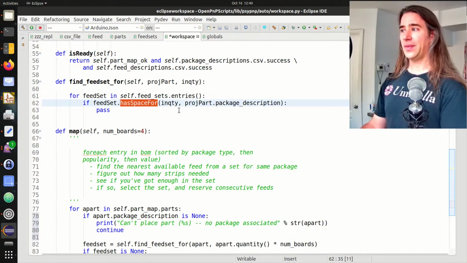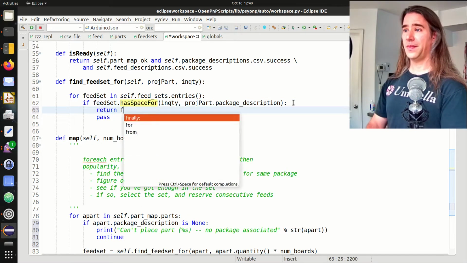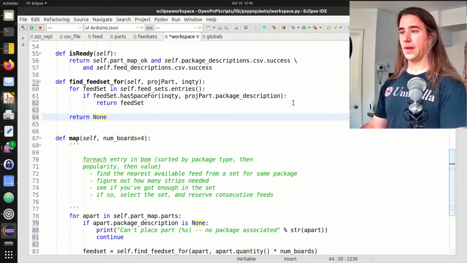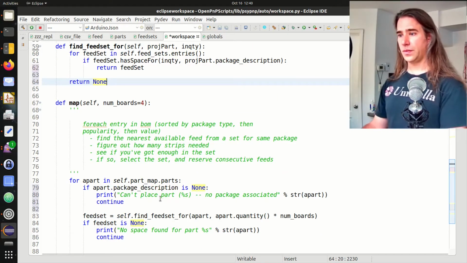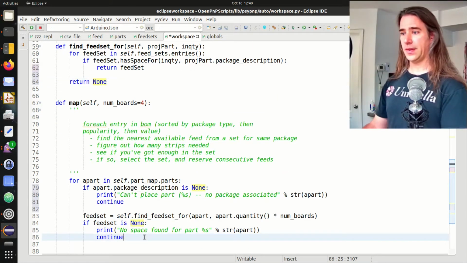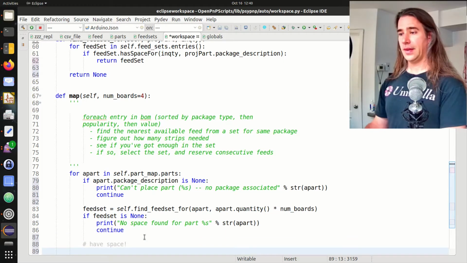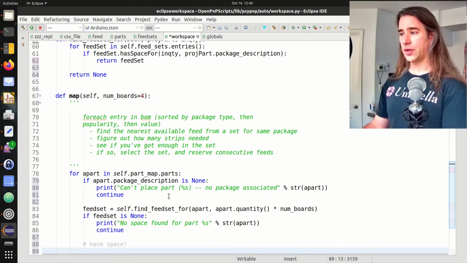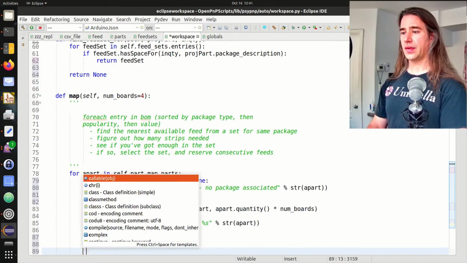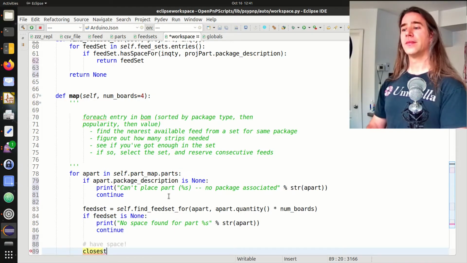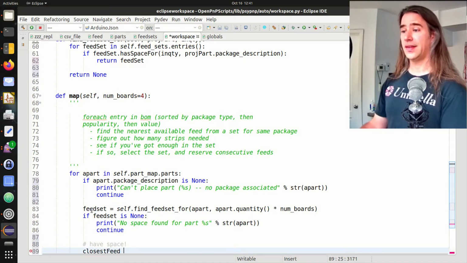If it has space for that, then just return it. Okay. So no space. Have space. Let's reserve it. Closest. Okay, so we get the closest feed from the set that tells us that we have some space for this part. So